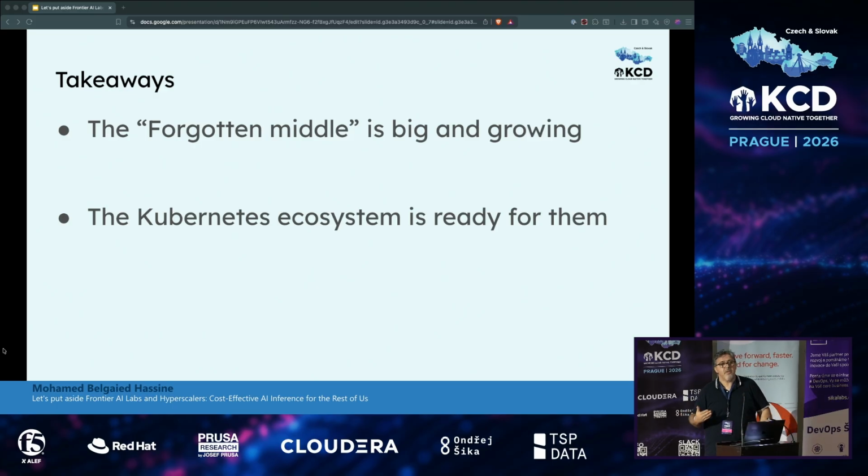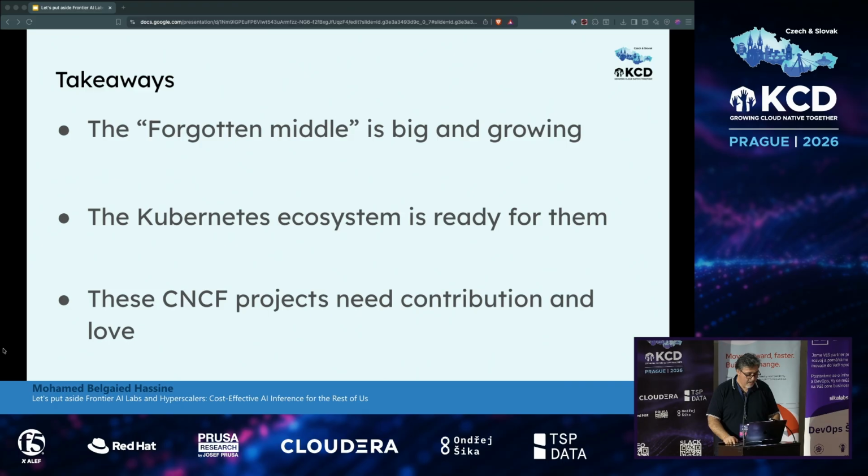For these people that want AI inference at low cost, Kubernetes already has them covered. HAMi for the GPU layer, Kaito, LLM-d, and all the rest that you already know help do this AI inference in an efficient and production-ready way. So I will ask you here to go ahead and give these new projects a little bit of love, use them, test them, create issues, and contribute if you can.